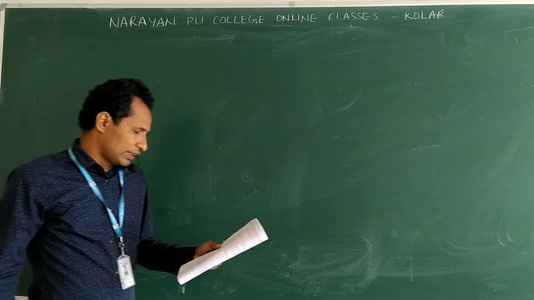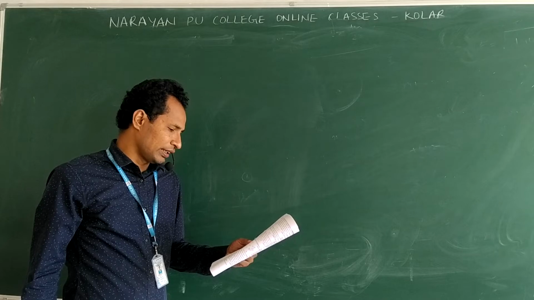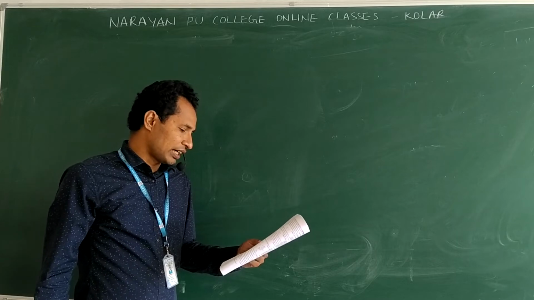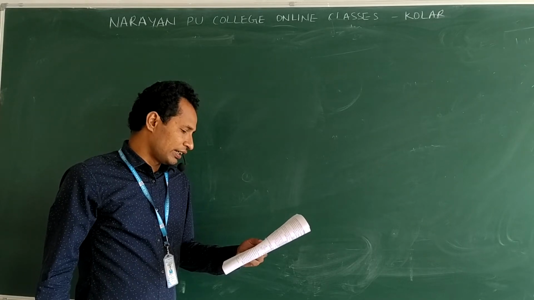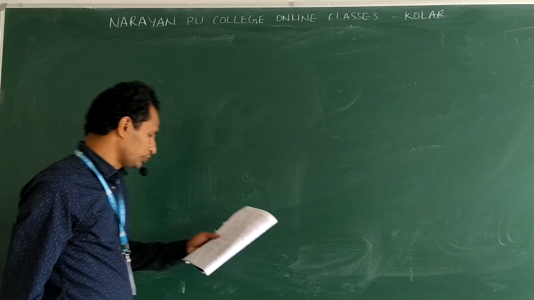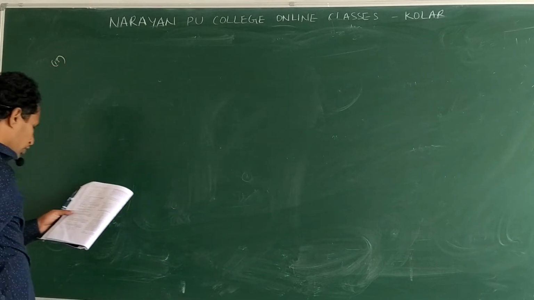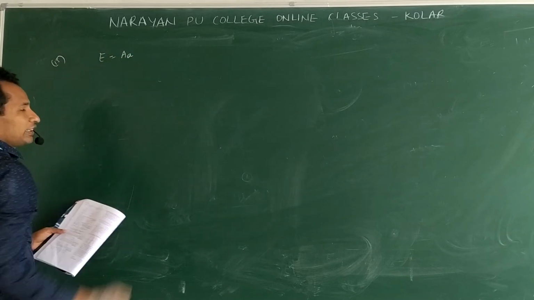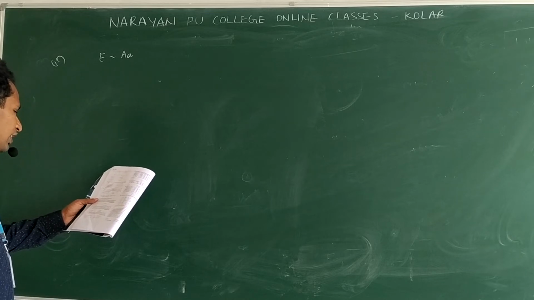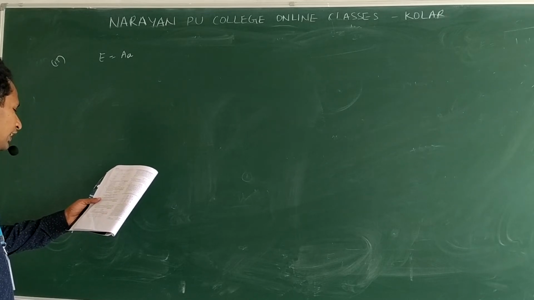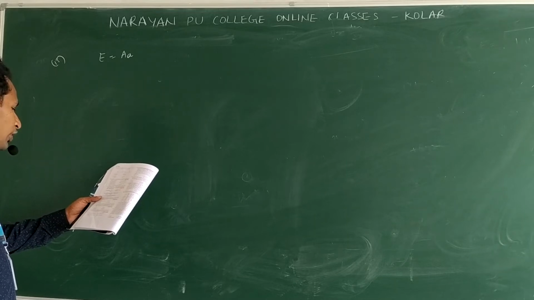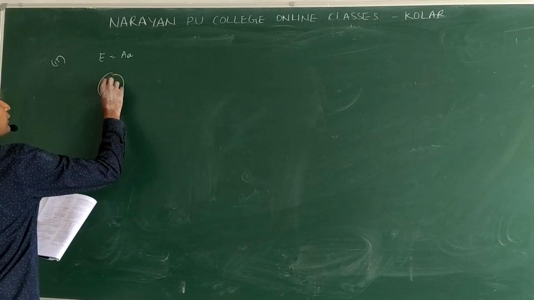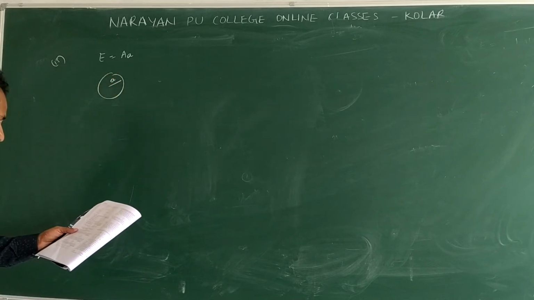Now come to 15. The electric field at a certain region is acting radially outward and is given by E is equal to Ar. A charge contained in a sphere of radius a centered at the origin of the field will be equal to. So E is equal to Ar given. This is not capital R, you take it small, you change it. A charge is contained in a sphere of radius a centered at the origin of the field. They are asking charge. Okay, the sphere is there, and its radius is a. Now they are asking charge.